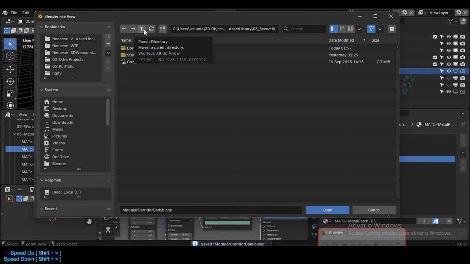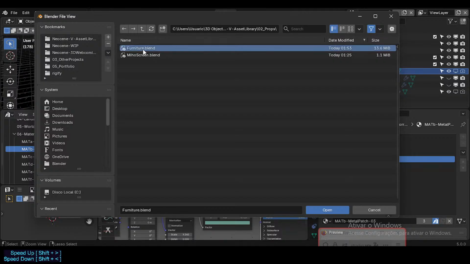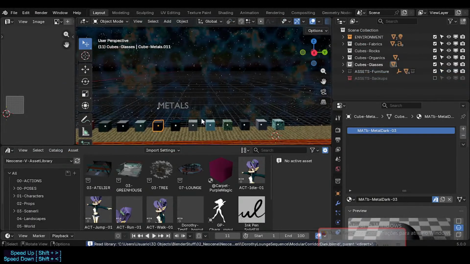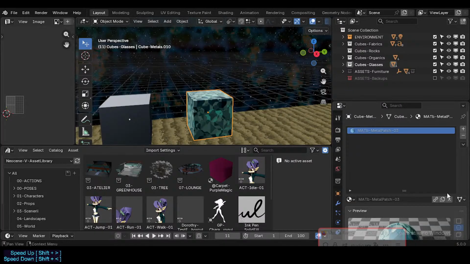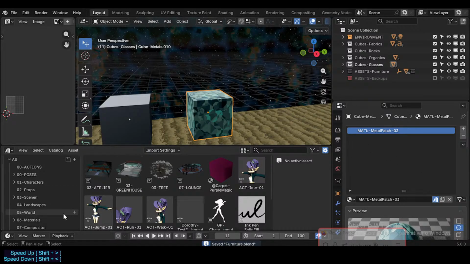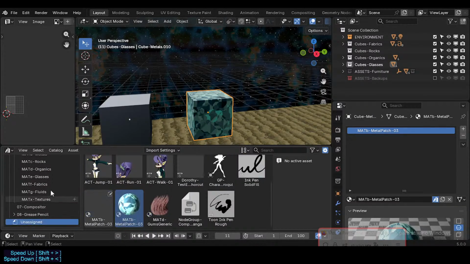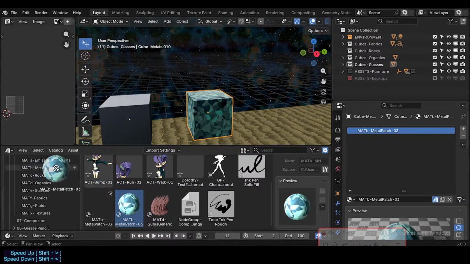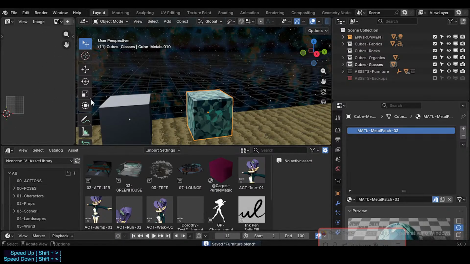So gonna get props, furniture. Yeah, you see, I forgot to link, bring the link and mark as asset here. And also we can bring this and then bring it to not materials, but materials, metals. There we go. So now we can refresh,